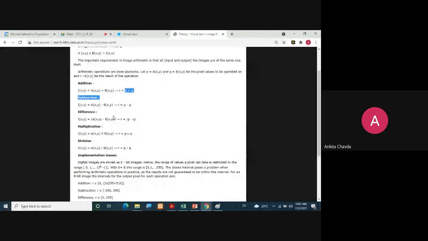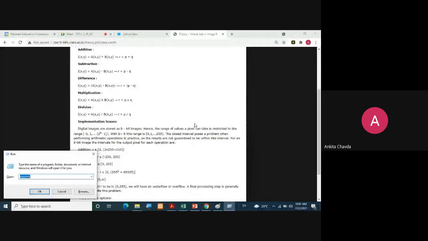Now what is the difference between subtraction and difference? Can you measure it? You can see it. It is in between that mode, no? So it would be always the positive value, right? So you can check for the range. Now here, what is the problem that I am saying? What is the problem, no, that we are discussing?